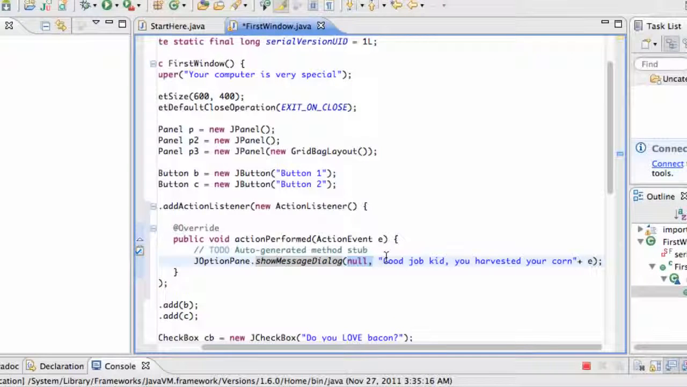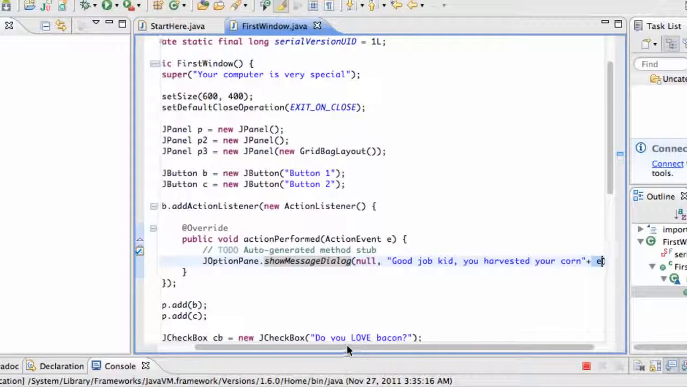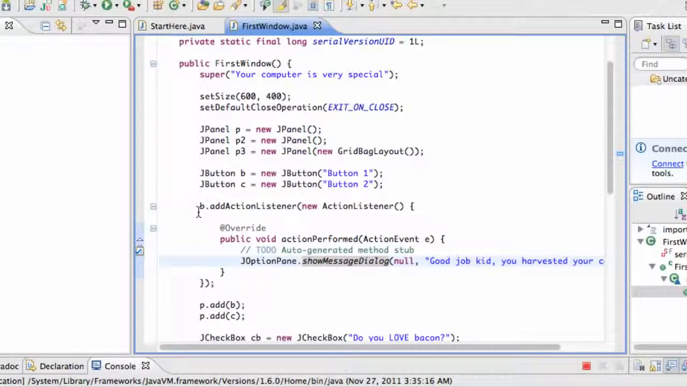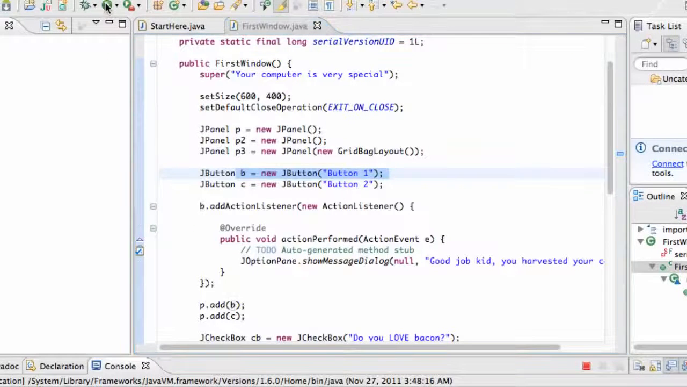Again, the first parameter is null. The second parameter is some output that's going to say like, good job, kid, you harvest some corn. And that's also going to print E, which again, E is referring to whatever's being passed in, which is an action event. So we're going to check out what E is even, because right now we have no idea. And again, only B now has an action listener, so that B has the title of button 1. So keep that in mind. We're going to save this, run it,